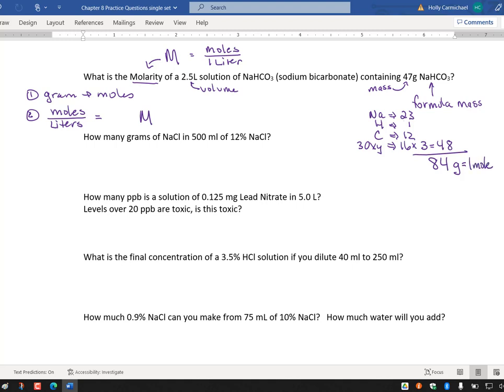So there is the formula mass. 84 grams is equal to 1 mole. Well, I have 47 grams, so I have to do the math for that. So I start off with 47 grams times, in the line, I'm going to put grams on the bottom, moles on the top. 1 mole is 84. So I'm taking the formula mass and using it to figure out the number of moles. And then I'm going to divide these two. So 47 divided by 84, do the math with me, and I come up with